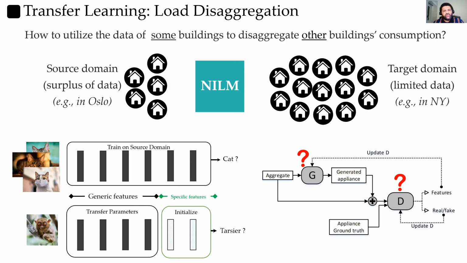Transfer learning by parameter sharing can solve this, but we have to figure out how to apply it in the GAN setting, since now we have two networks instead of one, and we cannot intuitively tell which network, and which part of that network, holds the generic features to transfer and which hold the specific features that we have to retrain. Also, we can perform the retraining by either fine-tuning the transferred parameters or freezing them. So there are many options.